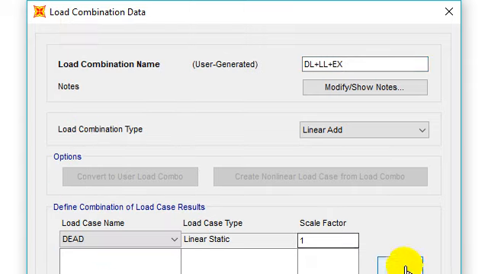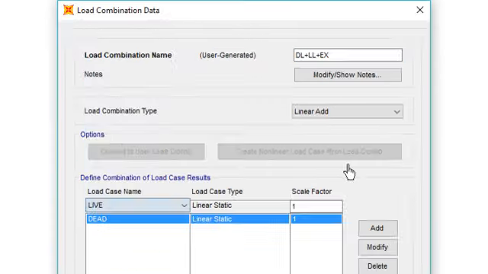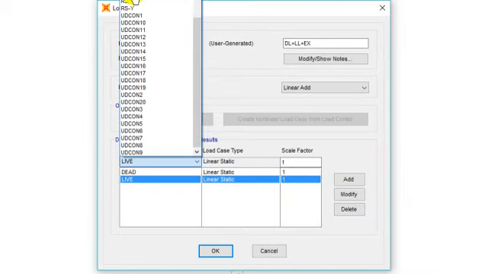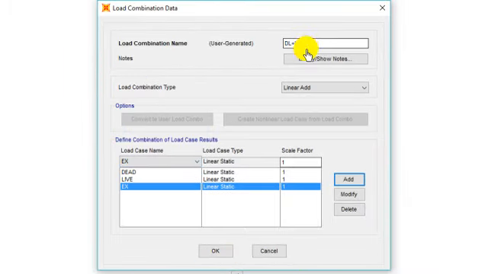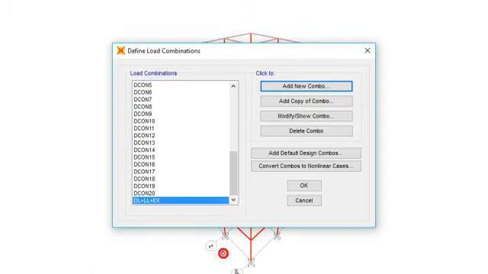So dead 1, live 1, EX 1. Okay, so just one only we have to add.